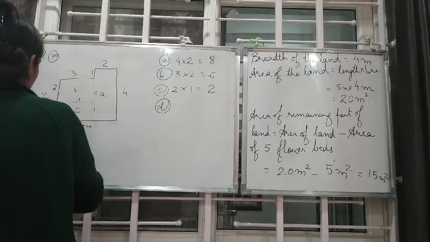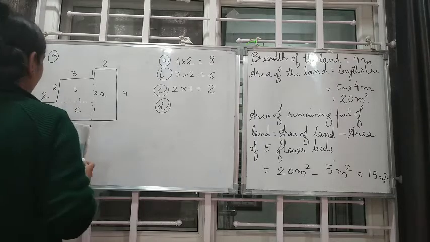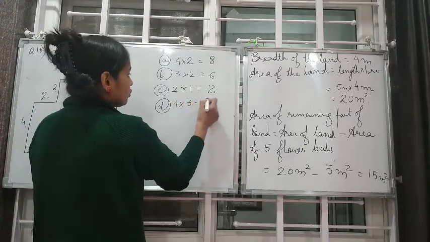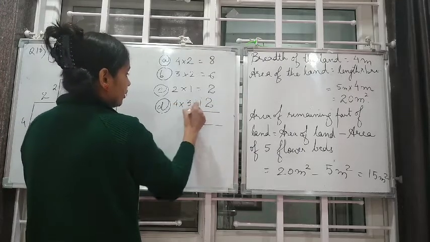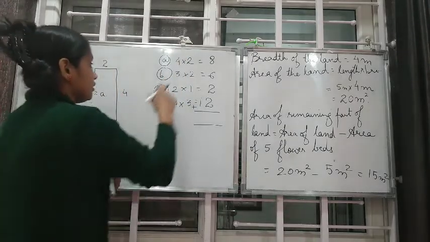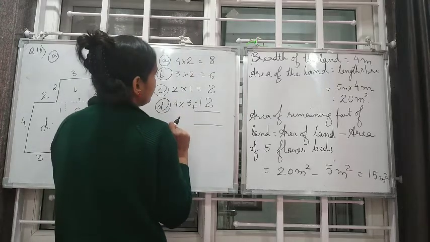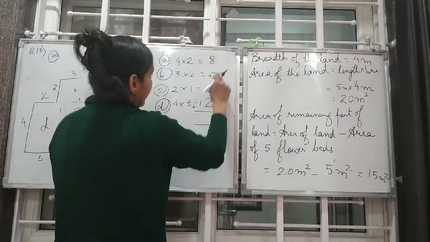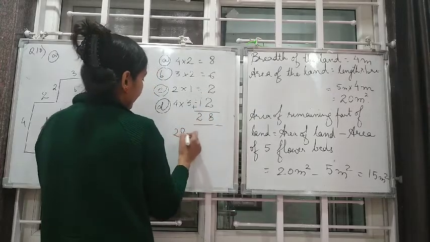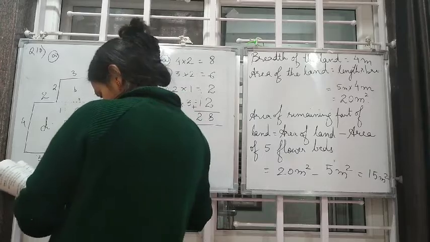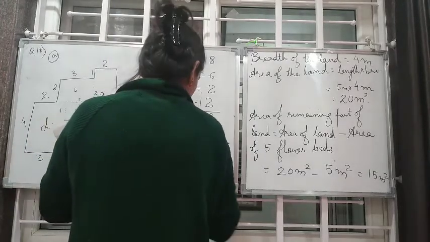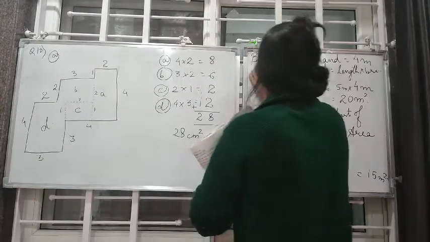So this is 3 and this is 4, that is length into breadth. So 4 threes are 12. Now we add, we find the total. There only you can do like this by dividing your figures into A, B, C, D. So 10, 18 and 28. So 28 centimeter square, is it given? Centimeter square. So this completes A. Then we start B.